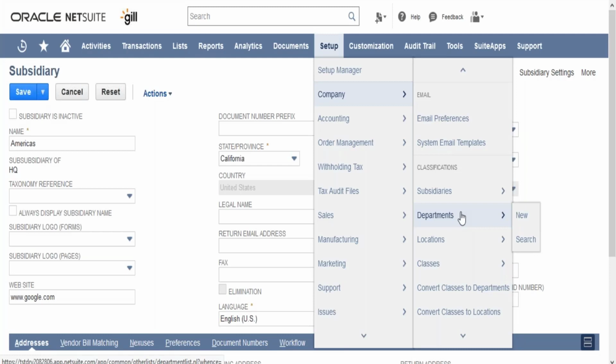So have you got the difference between location and department and class, cost center or classes? Classes is nothing but, you can say, one more segmentation or one more classification. So in case a particular organization has multiple classifications for reporting, apart from locations and department, you can create multiple classifications, and classes is one of them.